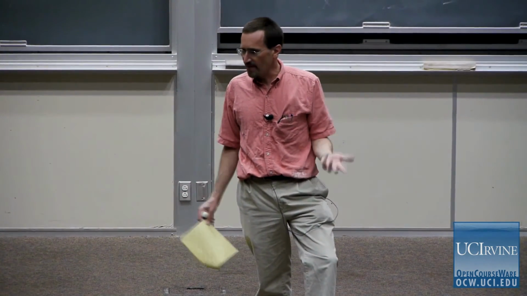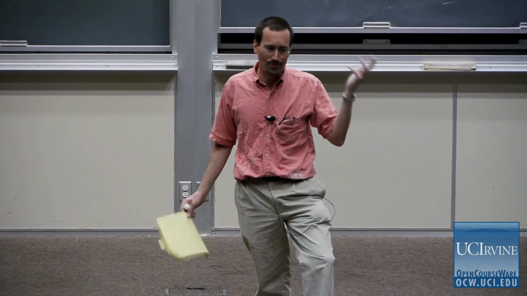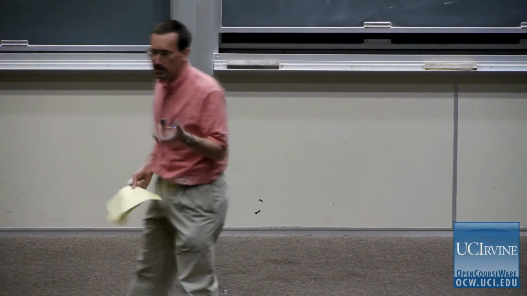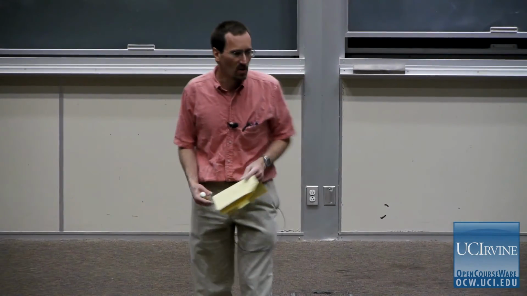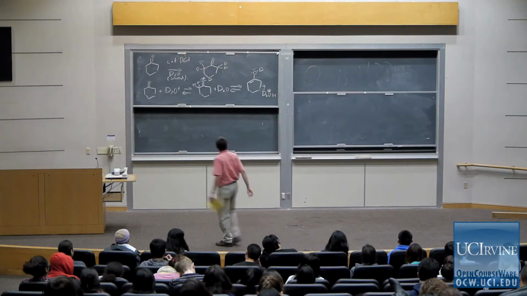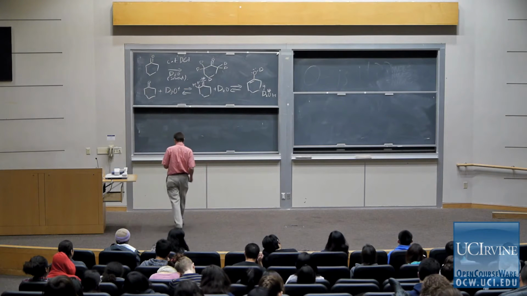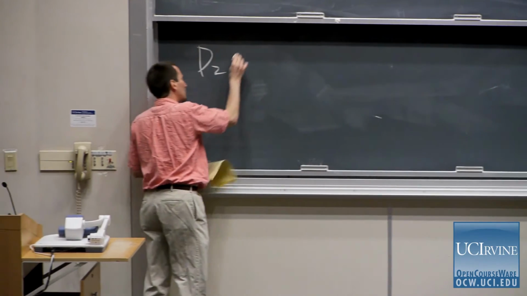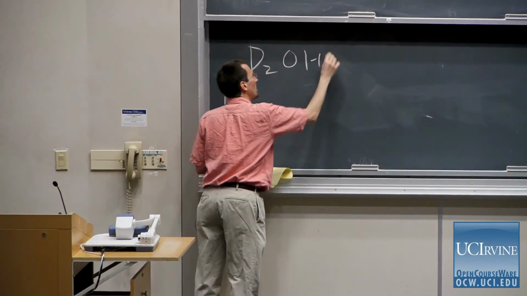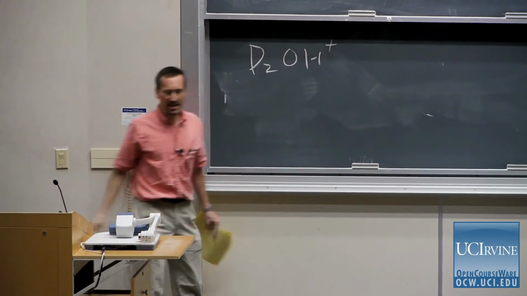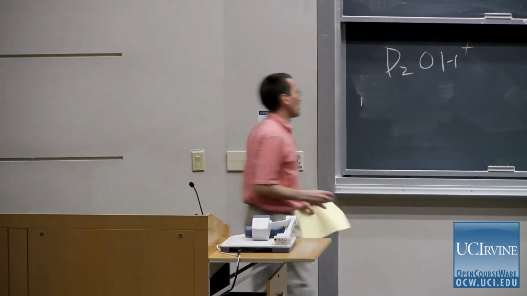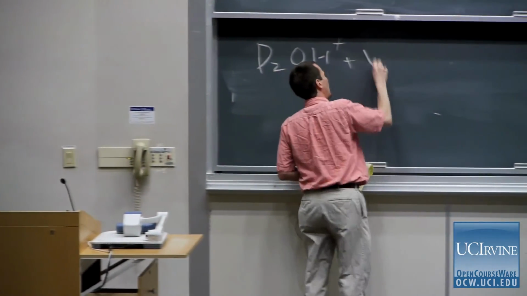Water is 55 molar. Deuterium is practically the same as water. D2O is going to be essentially 55 molar. Protons, as I've been saying again and again, go on and off every protonated species. In other words, when we have D2O, H plus, and lots of water, so I will write plus excess